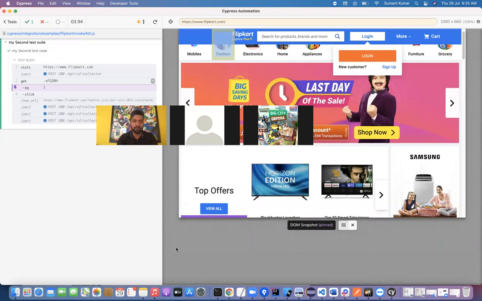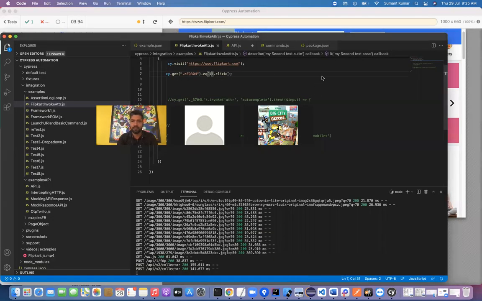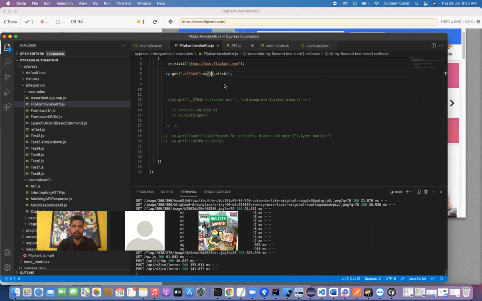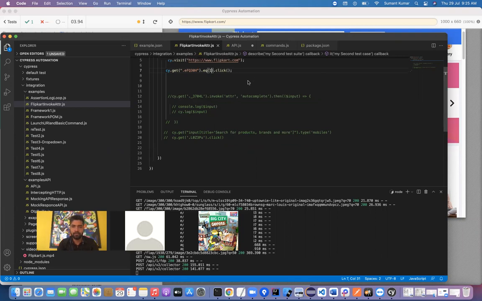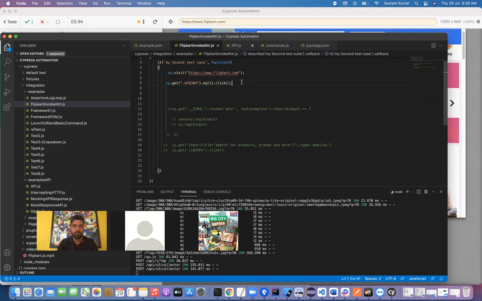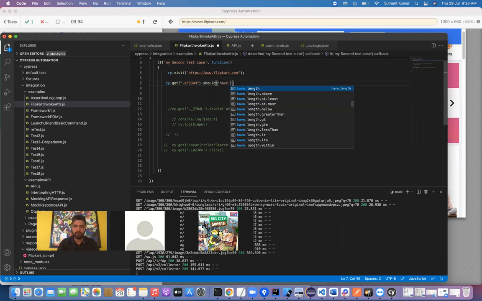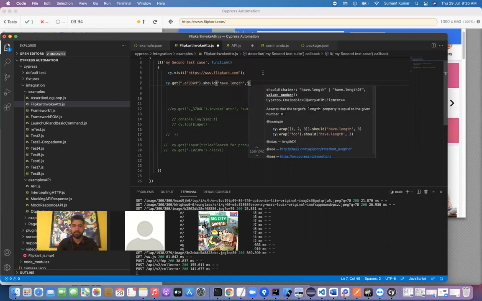So simply, I will go to Visual Studio and write this. I want to invoke this one, dot should, then have dot length, and I'm writing 5 here.